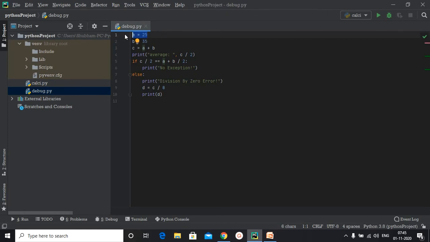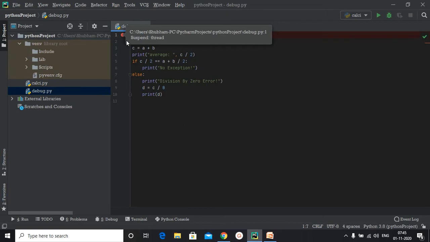So this is our empty space. We want to make line 1 our breakpoint. So all we need to do now is click here and this now becomes our breakpoint. As you can see, as soon as we clicked on this empty space, we have a red dot. This denotes that this line is our breakpoint and this is where our program will start debugging line by line.